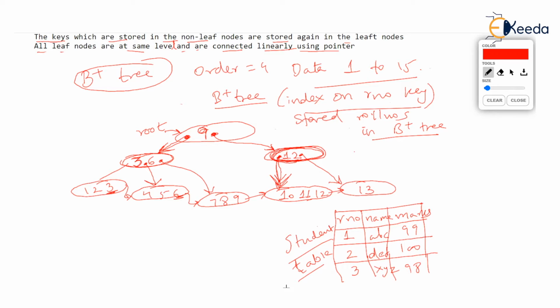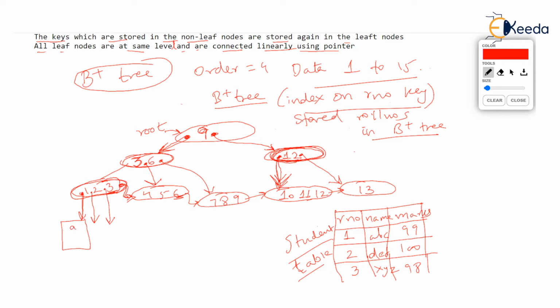Now these leaf nodes of the B plus tree, listen carefully. These leaf nodes of the B plus tree have pointers. Left pointer of 1, then pointer in between 1 and 2, pointer in between 2 and 3, isn't it? And the next pointer of 3 will of course point to the next leaf, correct? Now these pointers will point to the actual record.